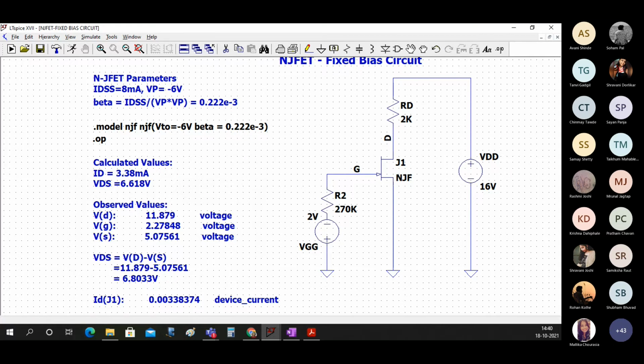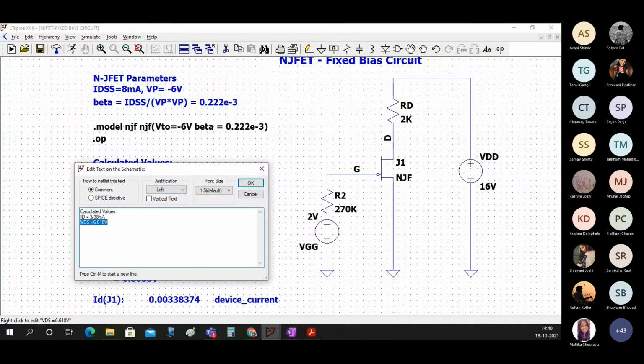The calculated values I have already given you: 3.55.